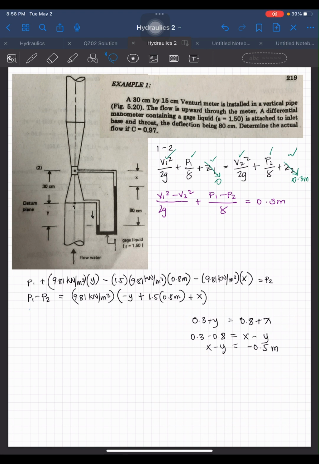So, we will have P1 minus P2 is equal to 9.81 kilonewton per cubic meter times 1.5 times 0.8 minus 0.5 meters. So, P1 minus P2 is equal to